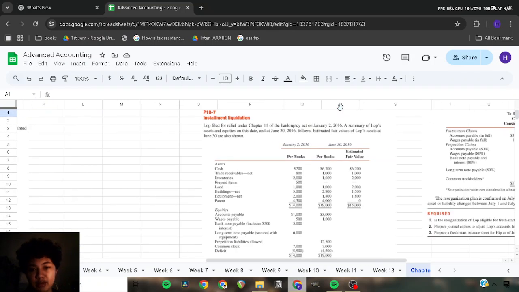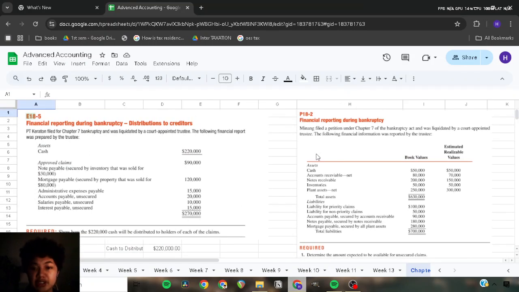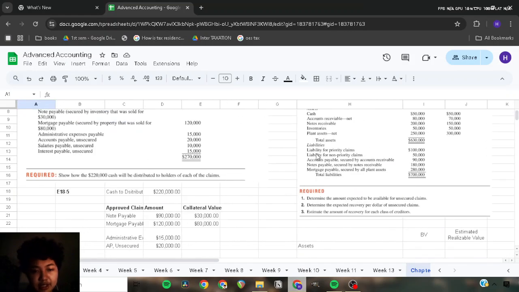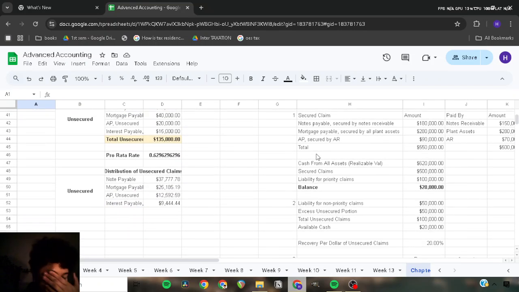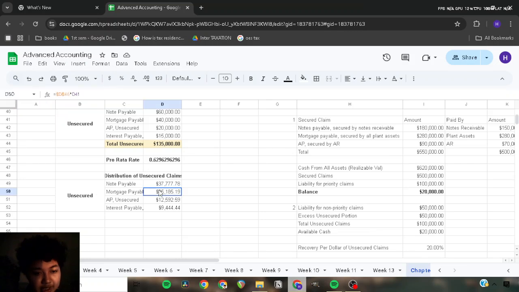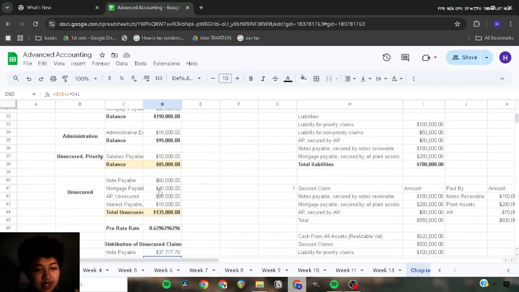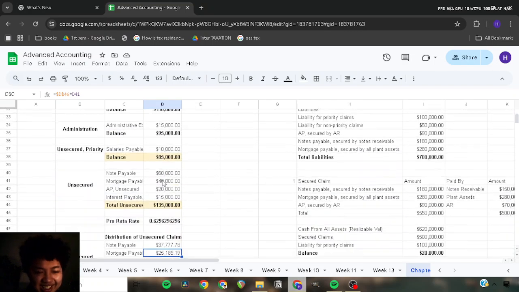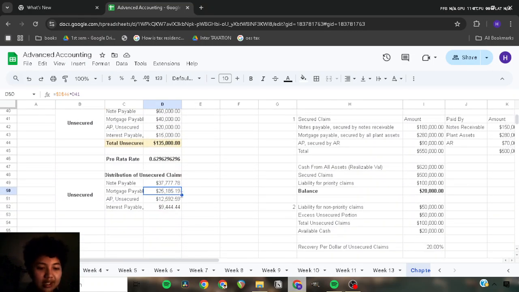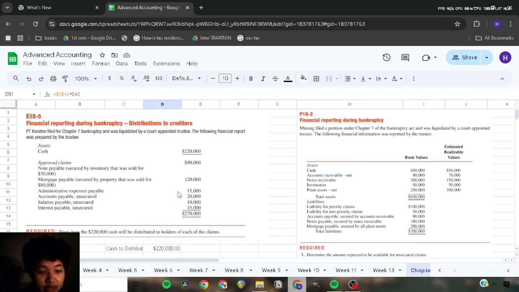So yeah, we have three questions, and to be honest, there's a lot of things to talk about here. But I'm just gonna try to make it as simple as possible so that it's easy to understand, maybe. I've made sure that all the numbers here are connected to the initial numbers, so that you're not confused about how I got this number and all. But yeah, let's go into it.